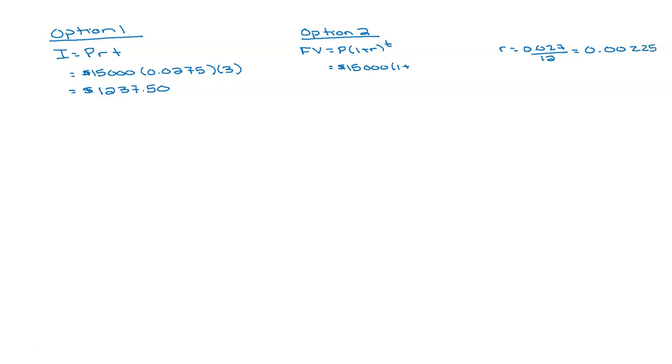0.00225. Now let's calculate T, the number of compounding periods. Well, it's compounded monthly, so it's 12 times a year. So over 3 years, it will be compounded 36 times. So let's plug those values in now. 0.00225 to the power of 36. And when you put that in, be careful of your order of operations. And you should get